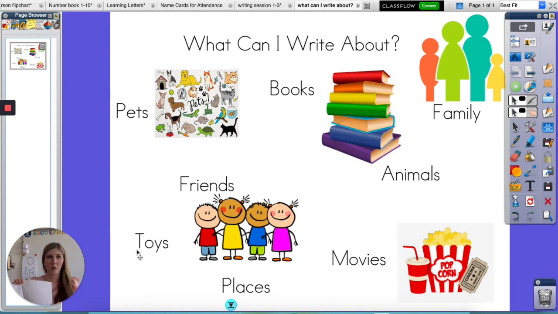But what if you get to the point where, oh my goodness, there's more that I could be writing about my animals. All of my animals love to play together, even though my dog's a little bit bigger than the other 2. What do you think I could do? I can be adding more pages to my book. That's right, and I can just grab my page here and I could staple it on. So today, writer, I want you to add to your writing by planning it out. Plan out your writing before you go ahead and get started.